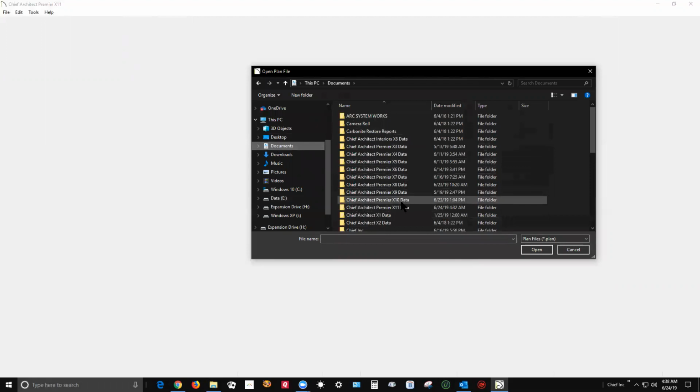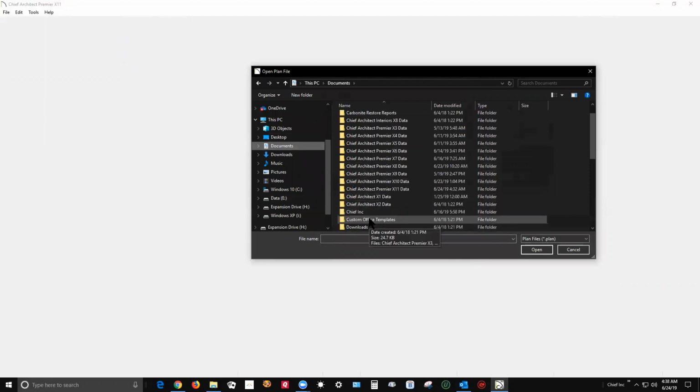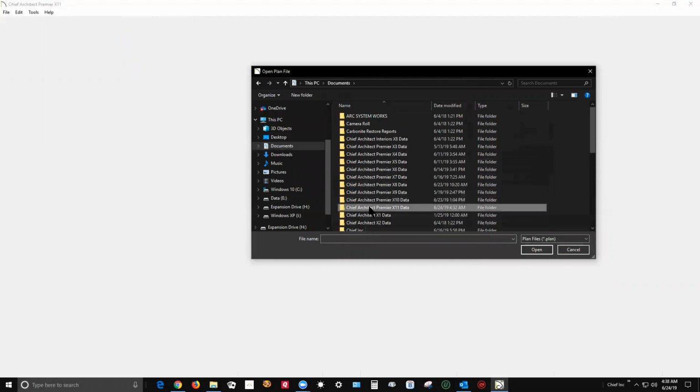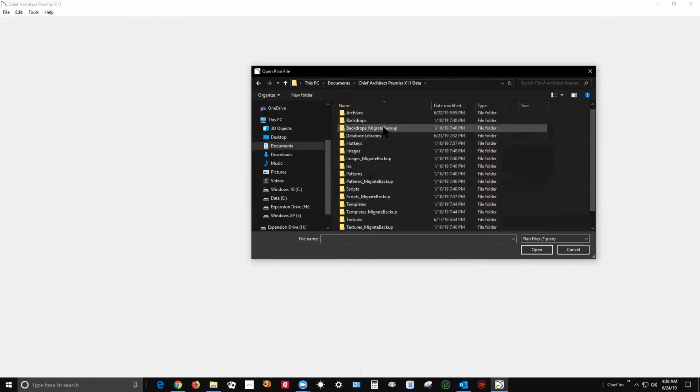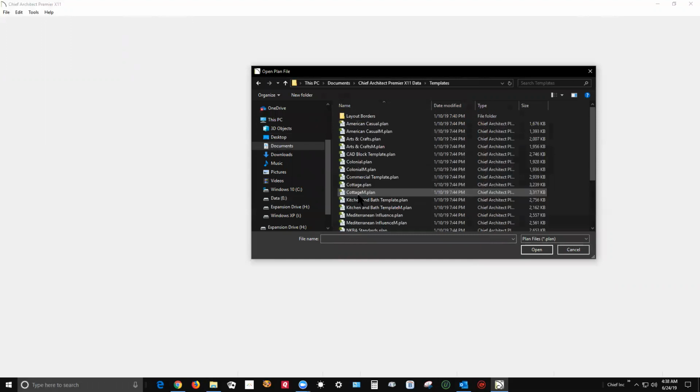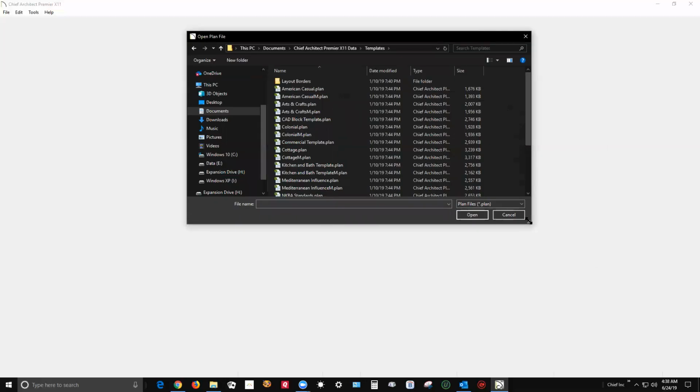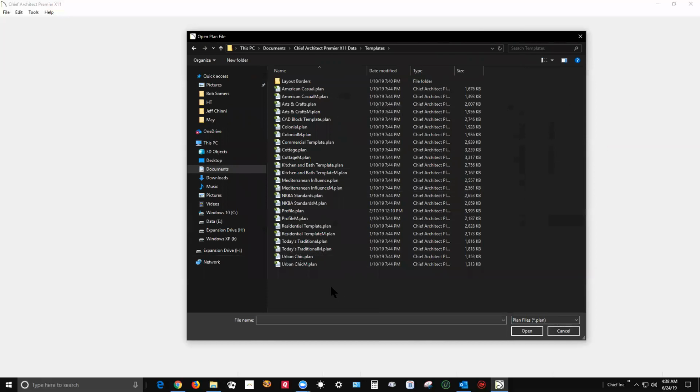See, I've got a few versions here. Already kind of shown you I've got lots of different versions of Chief. Here's X11. And then you go inside there to the templates folder. Let me make this a little bit larger so it's a little easier to see. And see, like I showed in the video I made a day or two ago, all the old templates are stored here and they get automatically installed in this folder. But what I do is I'll open the profile plan directly,